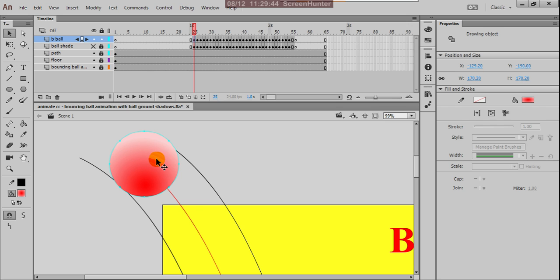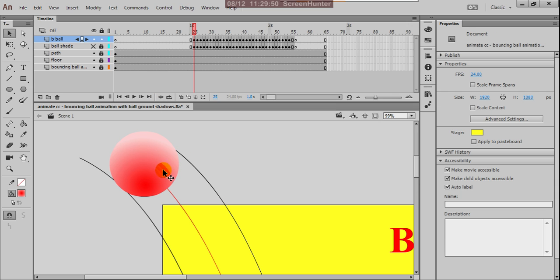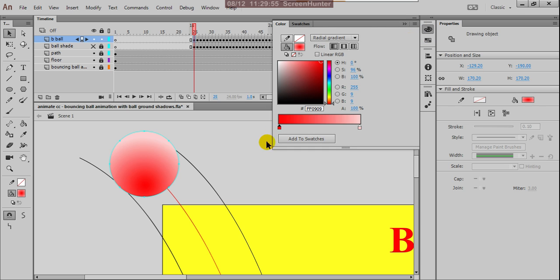Right, here what we do, you can remove this outline, and if you want, change this color also.